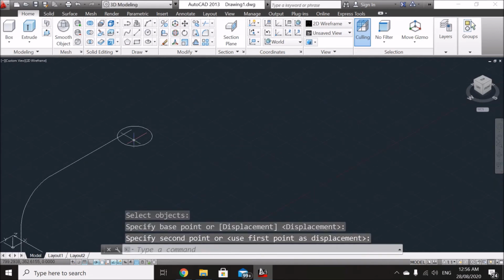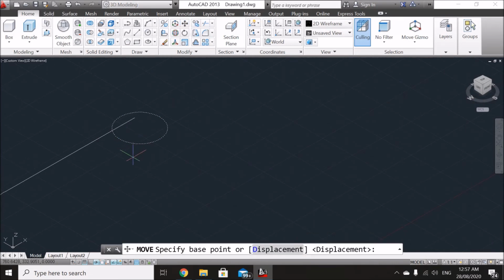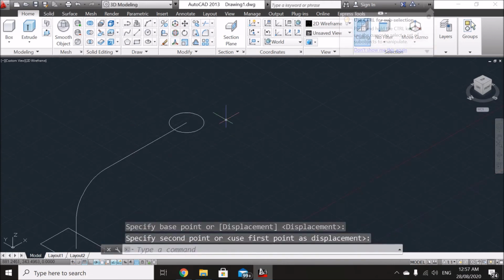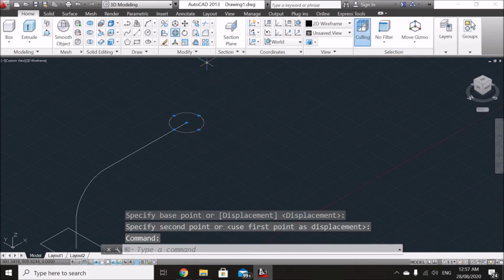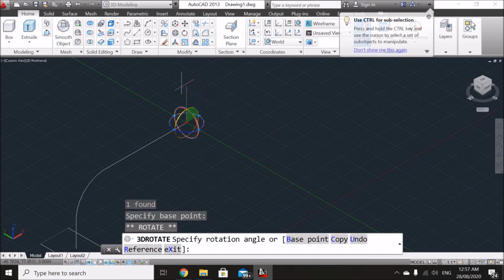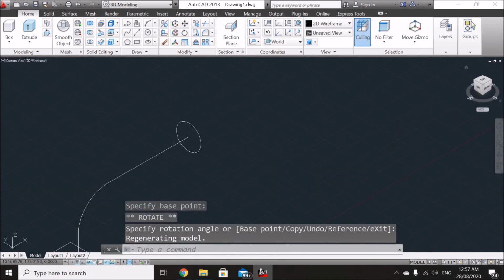Okay, same with the circle. Click on it, click on the move tool, find the center of the circle, and move it onto this line. But this time we want this to be in the upright position, so click on the circle, click on 3D orbit, and then move the green guide this time, and choose 90 degrees to make it upright. So once we have this shape,